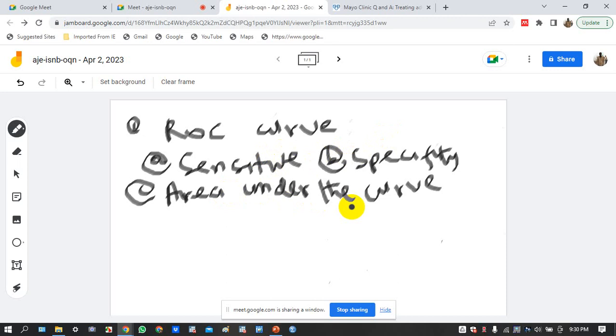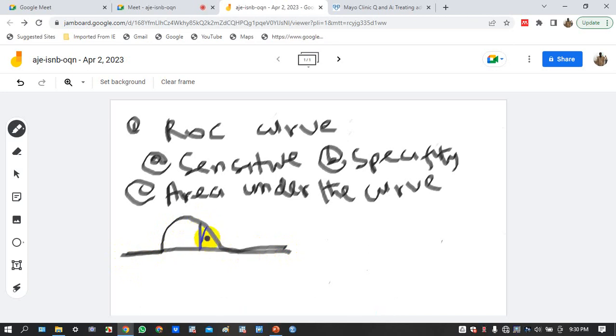The area under the curve also predicts that all those who are under the area having higher cholesterol level, they are going to have what? Diabetes. So if this is the area under the curve, all the people having diabetes will be over here. So all the people over here are what we call